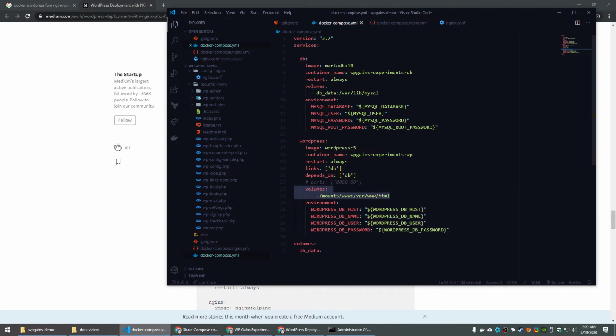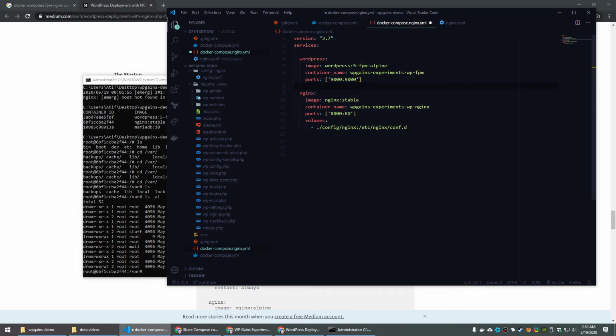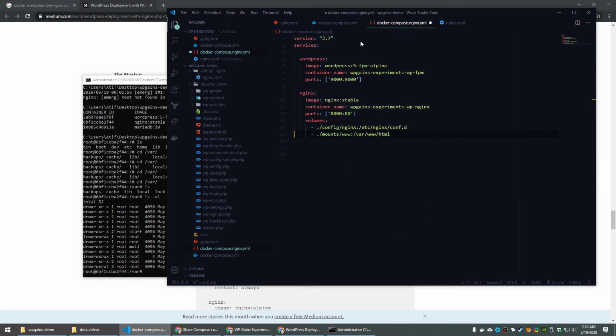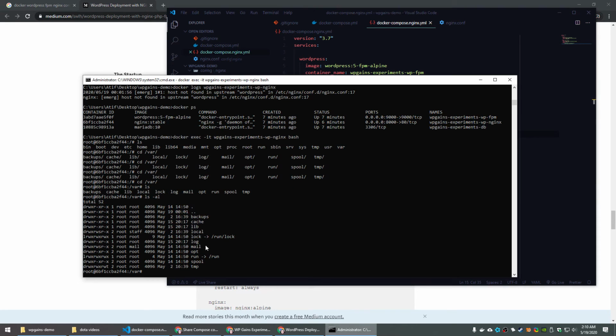But the mounts www already exist. Oh yeah, it did not get mapped because it needs to be here. So we have this mount, but this is only being carried forward to the WordPress machine and not to the Nginx machine. So that's one thing we needed to do here. And once we have done that,